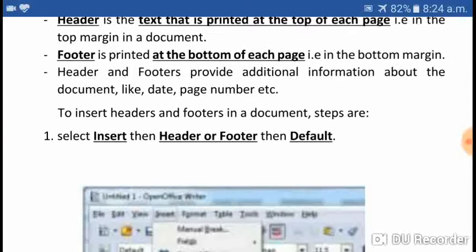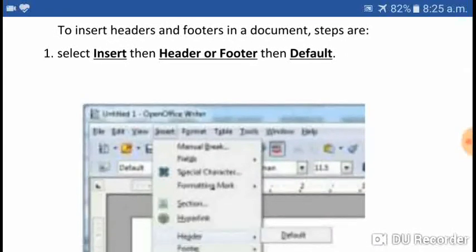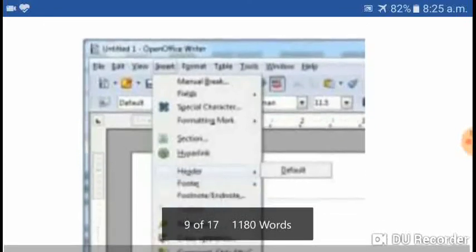Let us now discuss how to insert a header and footer in the document. Select Insert and then Header or Footer. You can see Insert is there and then there are options Header and Footer also. If you click on Header, the sub option Default will appear.